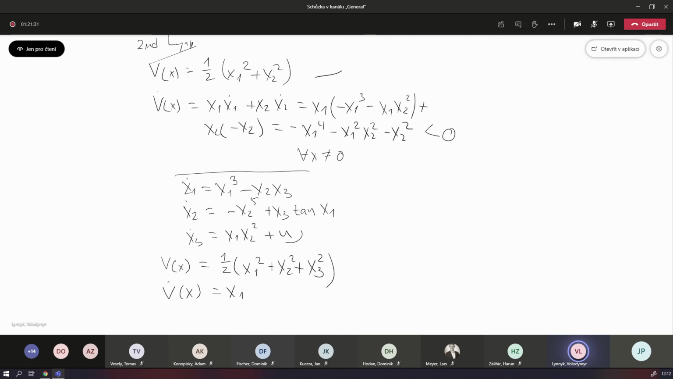Then V dot of x equal to x1 x1 dot plus x2 x2 dot plus x3 x3 dot, equal to x1 times minus x1 cubed minus x2 x3, plus x2 times minus x2